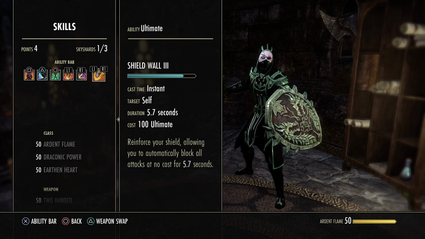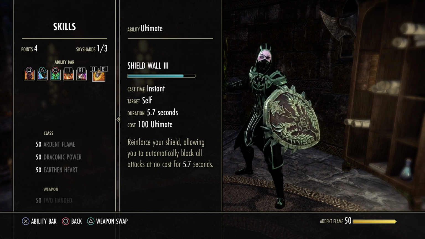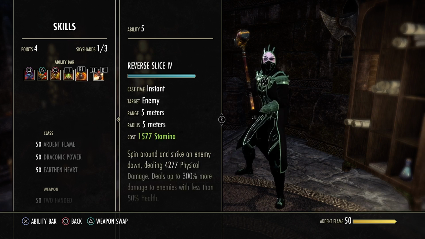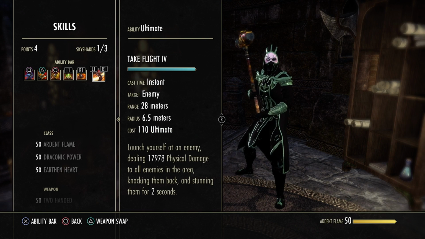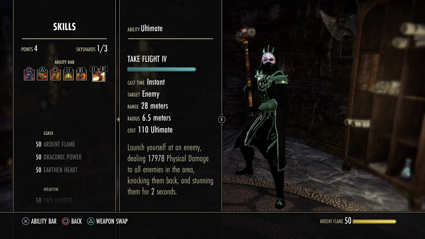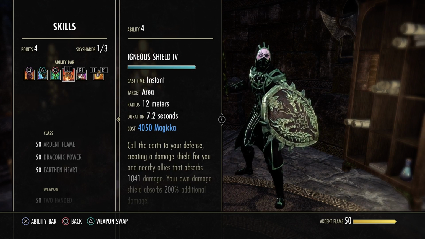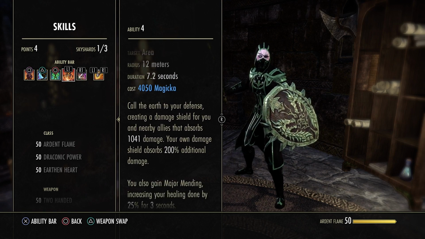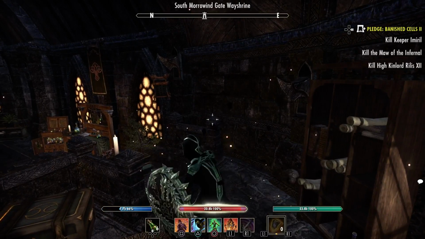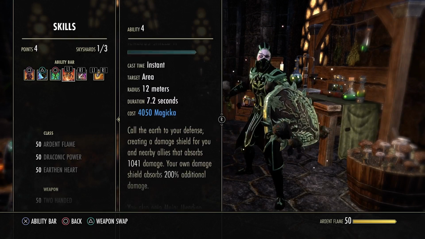and 100. That's awesome. This skill doesn't give me back resources, but this one, through the Dragonknight passives, gives me much resources back, much stamina when I need it. And we forgot to say Igneous Shield, when I spam it, and I spam it really often, gives back